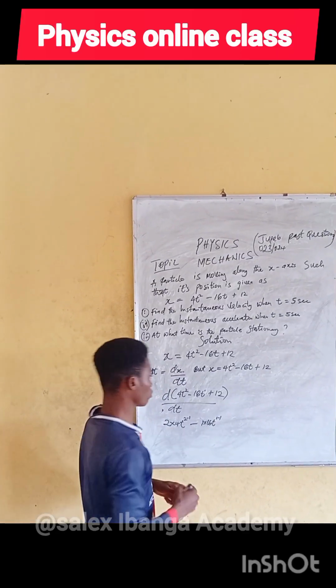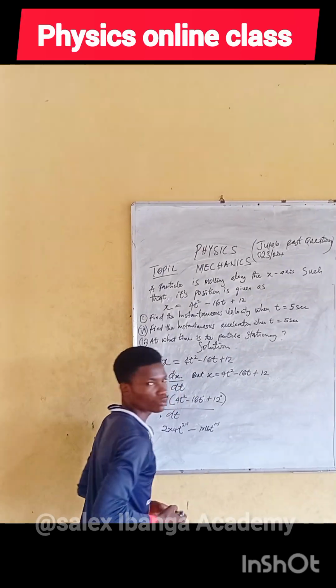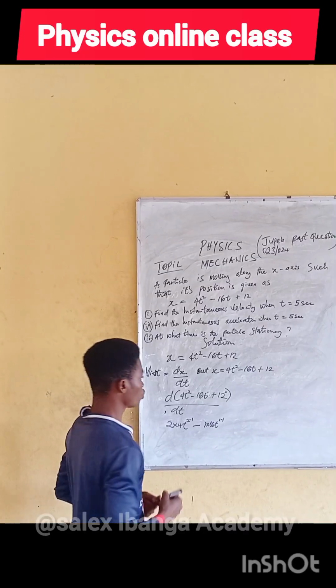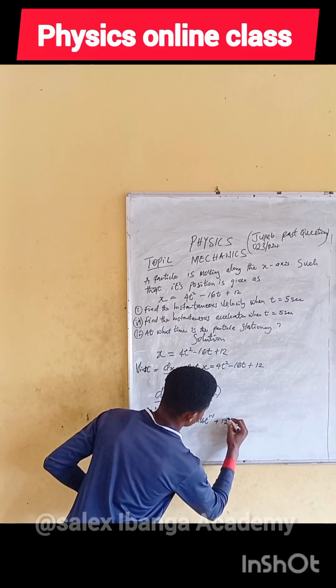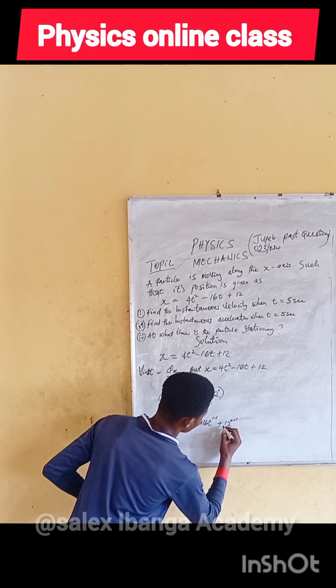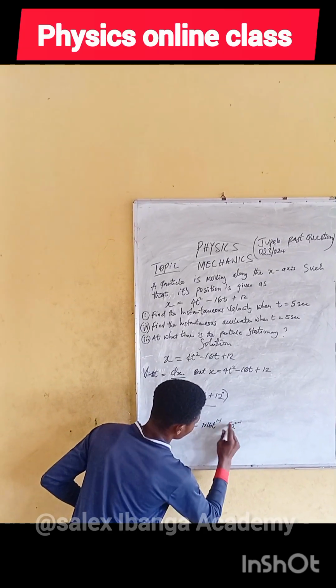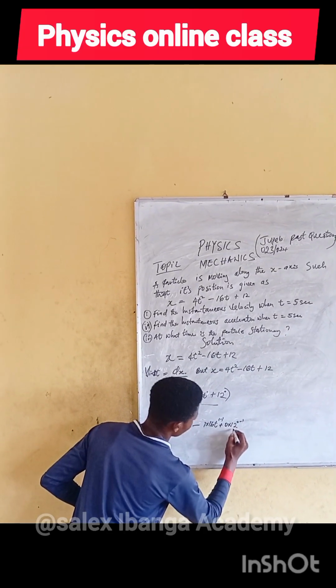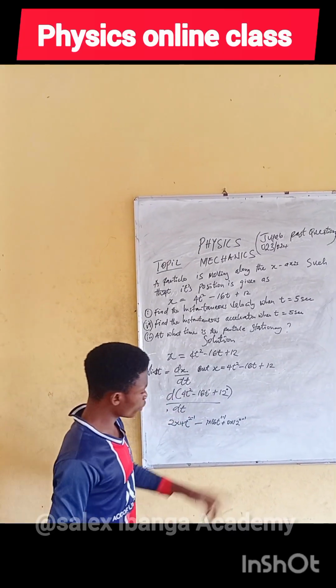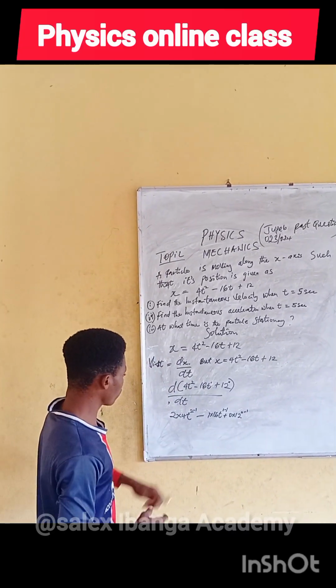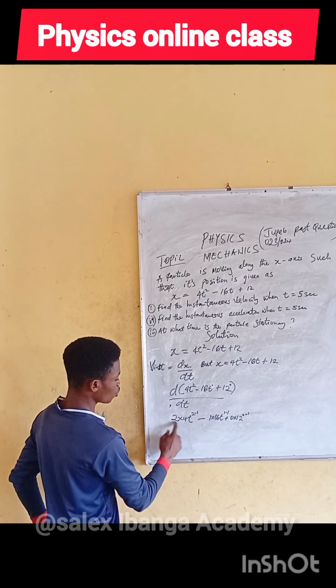Then this one, the power here is 0, so I will say plus 12 times 0, t raised to 0 minus 1, which is 0 times 12. Now from there, 2 times 4